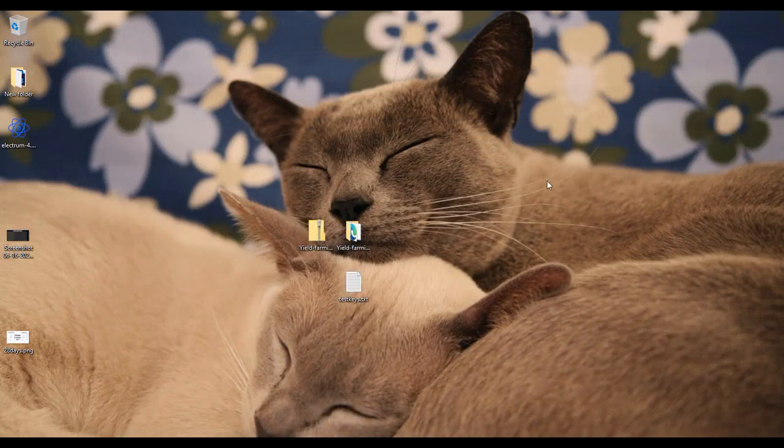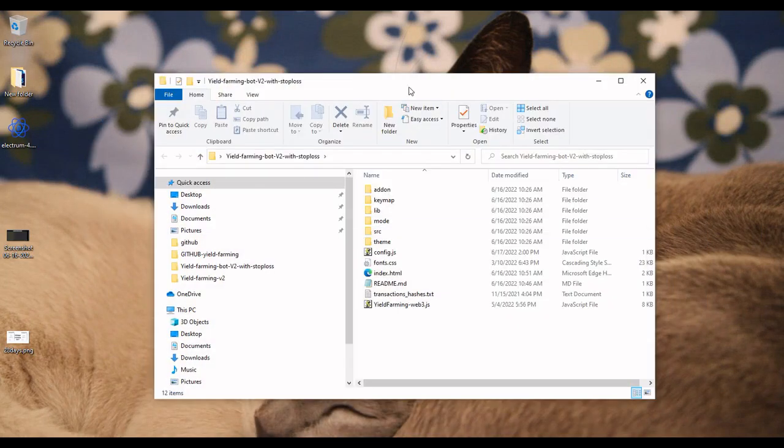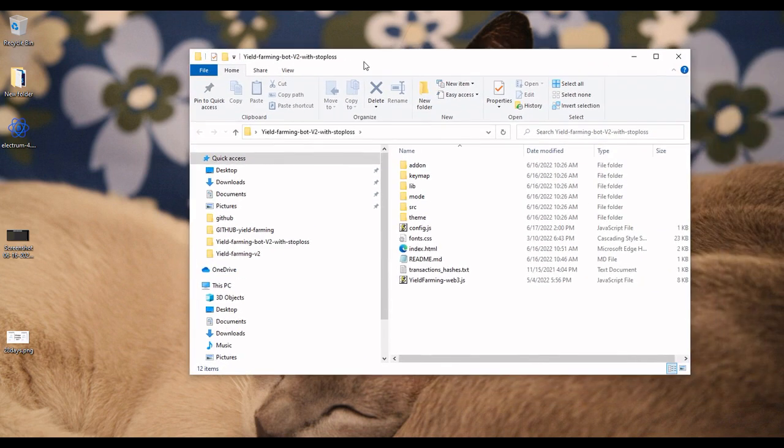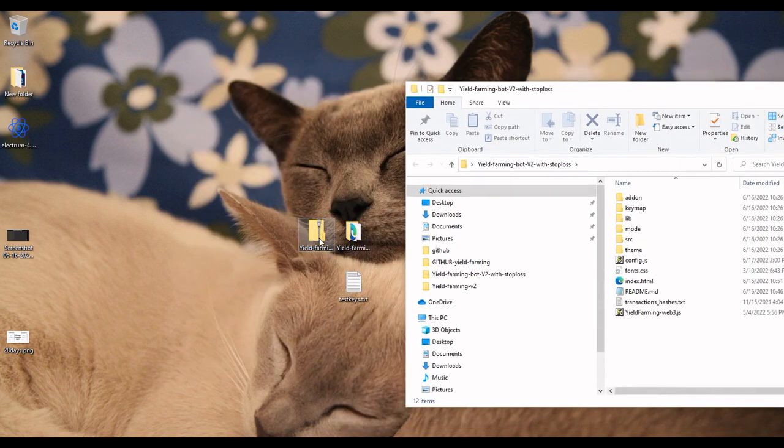So let me go into how to configure this, which is super easy to configure. So on the GitHub, I'm going to supply a link to the zip file from the GitHub. And it's up in the description. And you're going to unzip it. So I just downloaded the zip file onto my desktop. We're running a Windows 10 laptop,